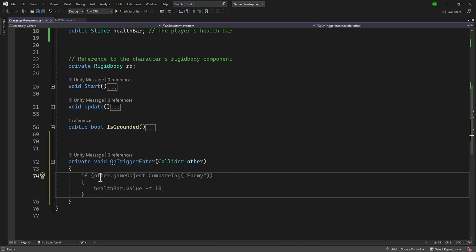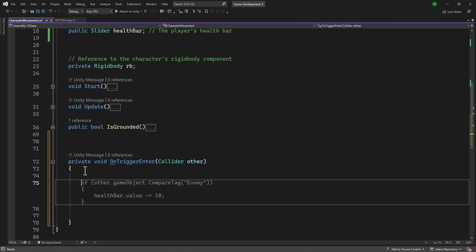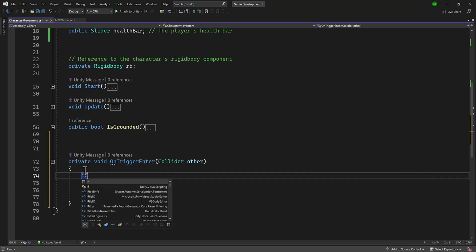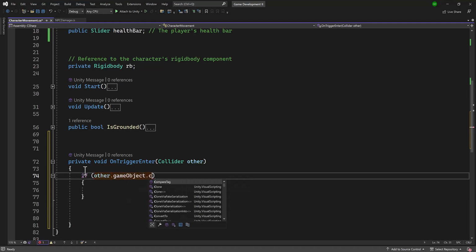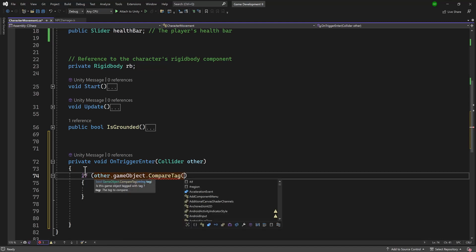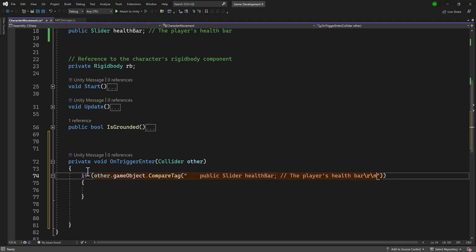Now, I love IntelliSense, and it gives you all of this great stuff, but we really want to just do, let's see, is there a way to get this so it doesn't do that? So if I tab, other.gameObject. we can use CompareTag, we can use tag, and then inside of here, we want to put another open close parentheses, and then we want to paste in, oops,